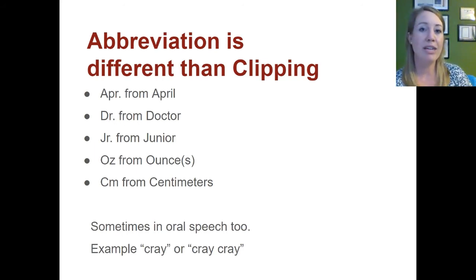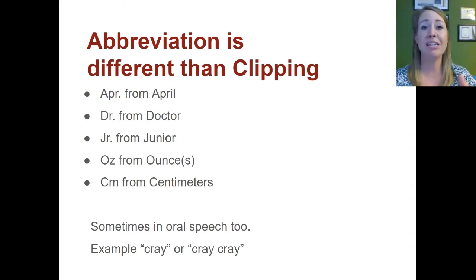The same way when you read Dr. Shelby Miller, you don't abbreviate the word doctor, you say Doctor Shelby Miller, right? So these are some examples of abbreviation, which is primarily in a written format. But it's a little more complicated because nothing's straightforward, right? Think about the word crazy. I can say she's crazy, or I can say she's cray cray. Okay, if you look up the word crazy or cray cray or cray, right, they say it's an abbreviation of the word crazy. But as a linguist, I'm going to tell you that it's actually a clipping, right?